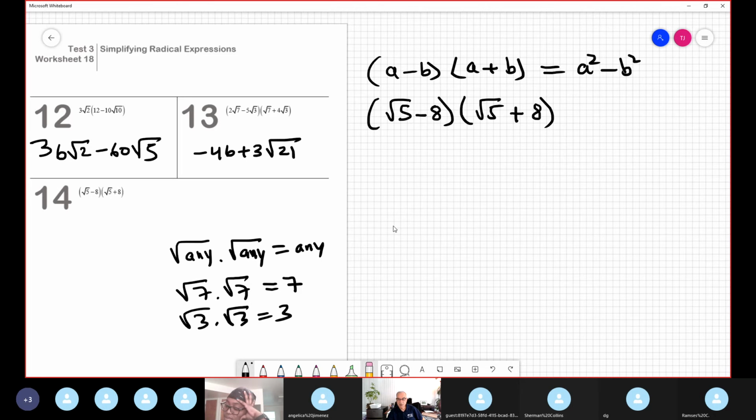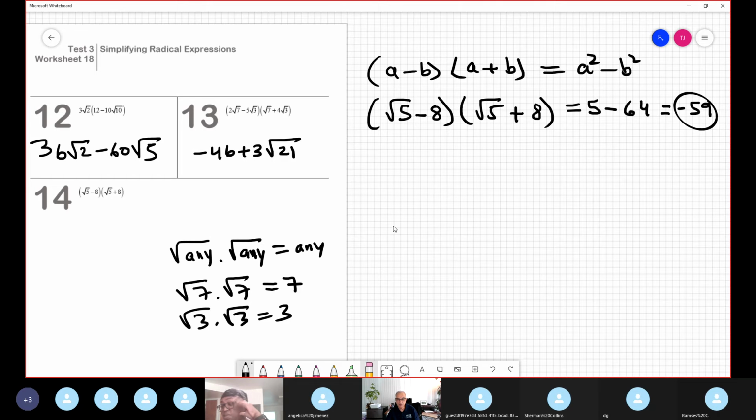A squared is radical 5 squared, 5. Minus 8 squared is 64. And 5 minus 64 is negative 59. However, okay, the student who doesn't like the formulas